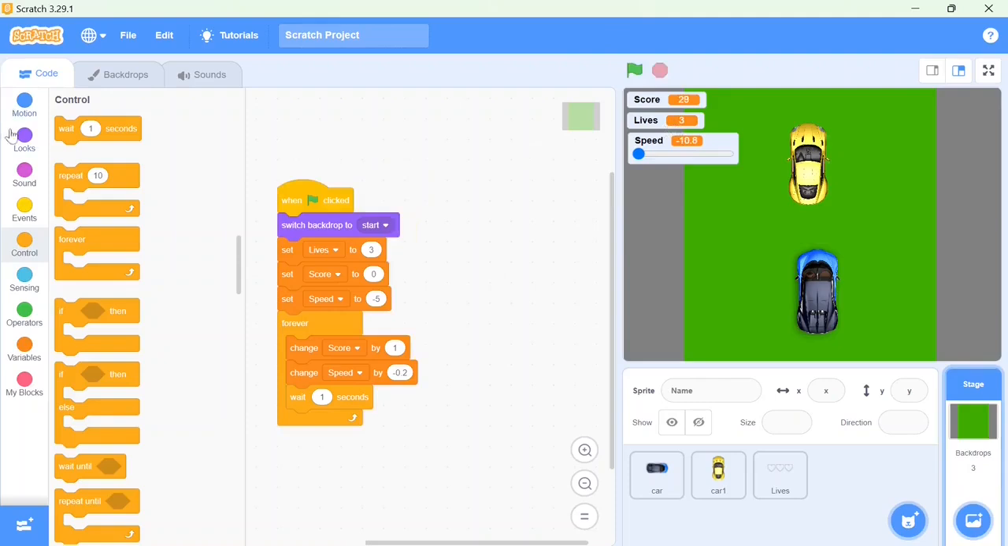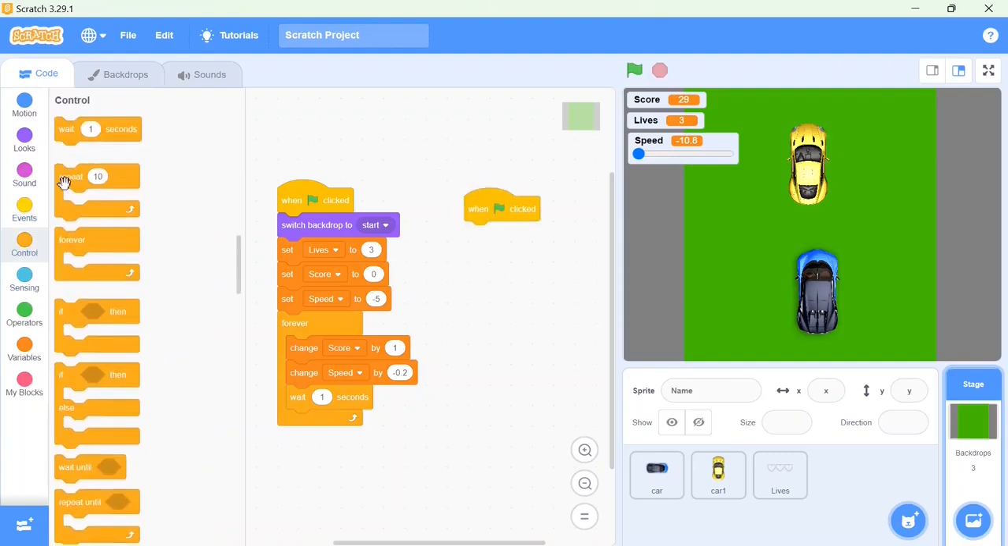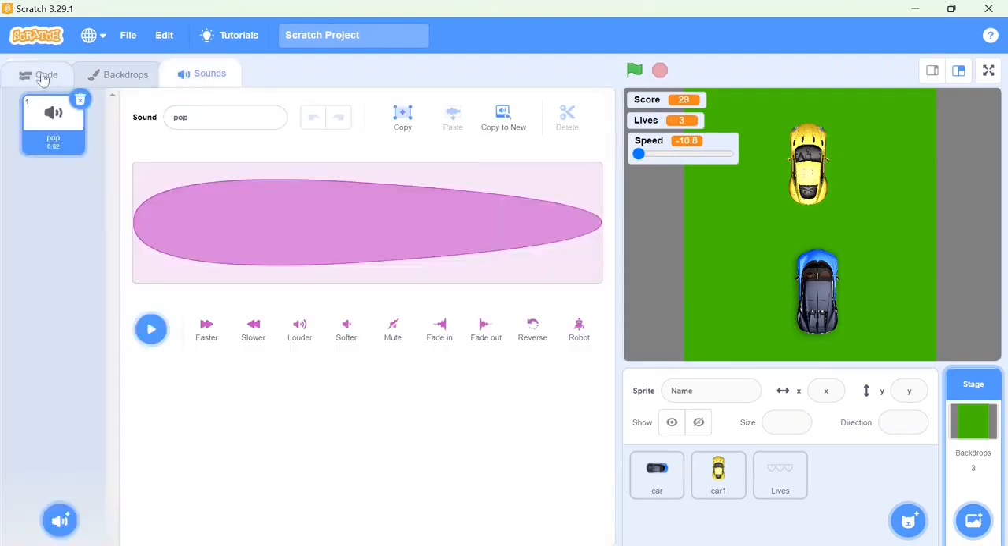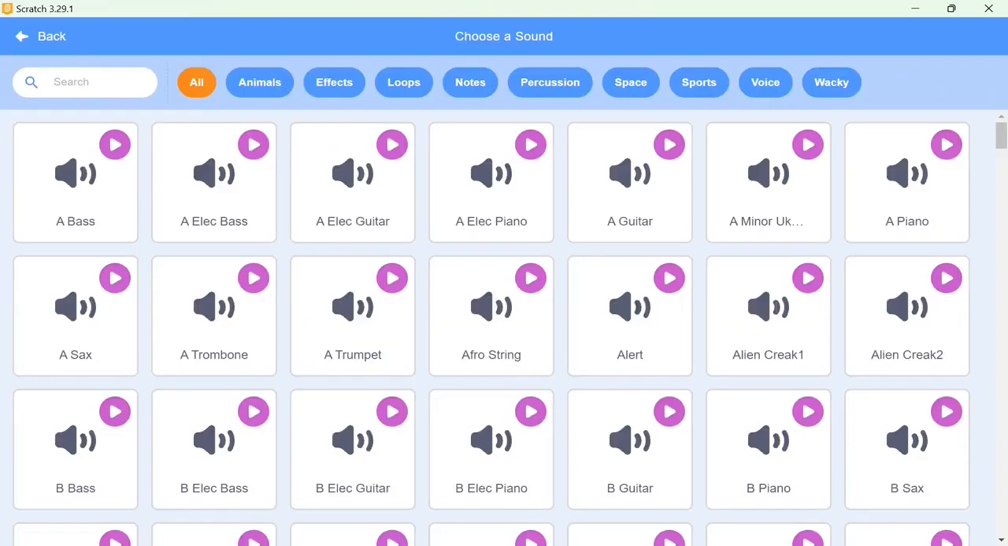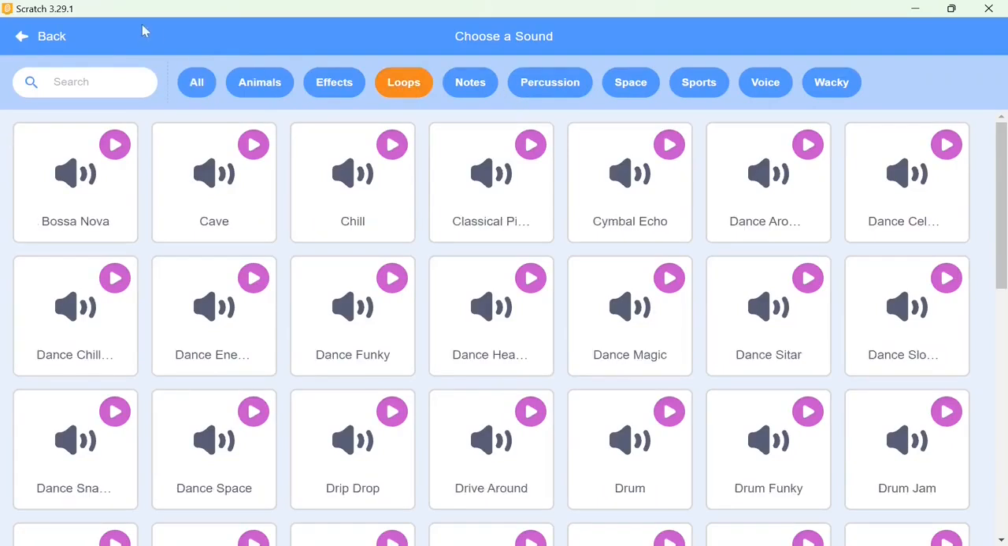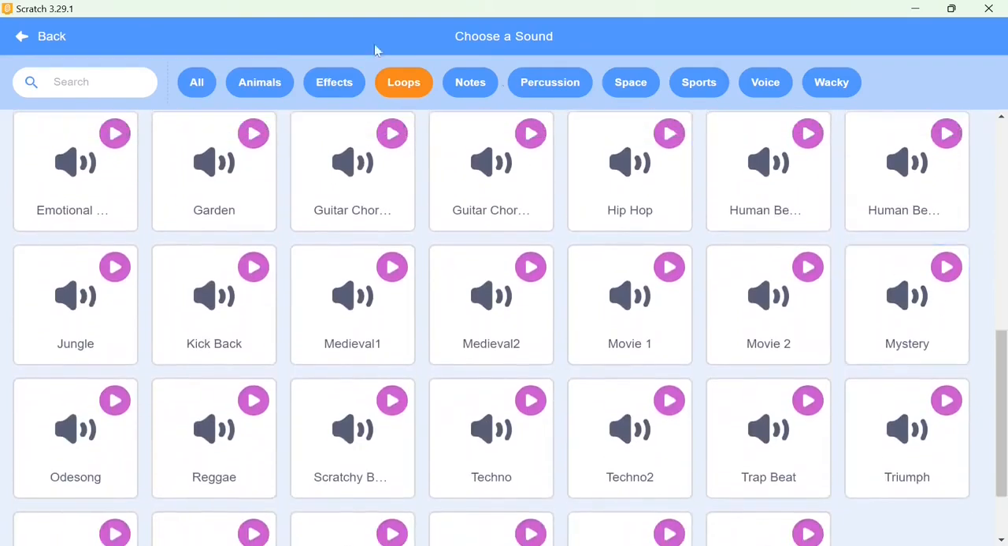And one more interesting point I want: whenever I start the game, some interesting sound should be played. For that I'm going to choose again the event block, and here I want the forever block and one interesting sound. So I'll go to the sound, and here I don't want this pop one, so I'm going to search and choose the sound. Okay, I'll go to loop because I want the long music, and here I'm going to select, okay, odd song, like see,